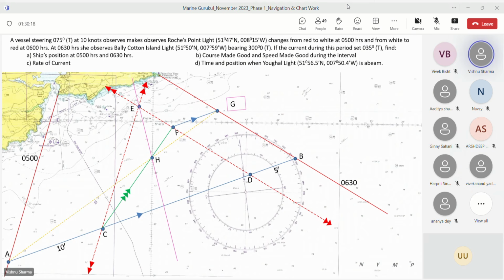But what you are saying is something else, that if the plot was being done on the other side of E, I'll come to that later. Otherwise, if the bearings are coming, then the current has to fit in, right? But what you are saying is something else, which you are not putting in the right context, but you have a point which I'll come to later. Don't worry.